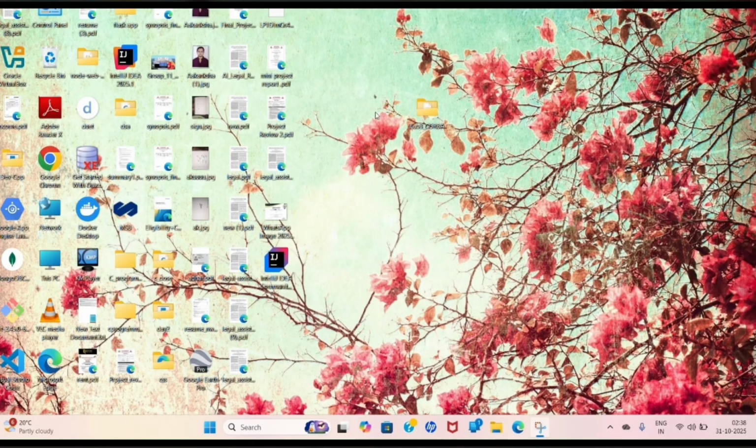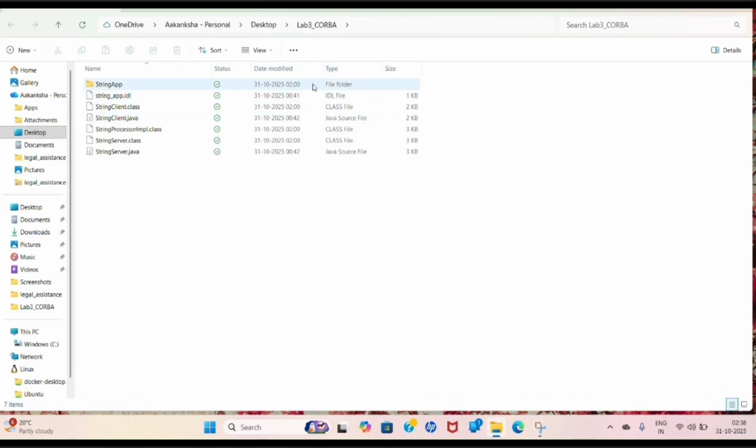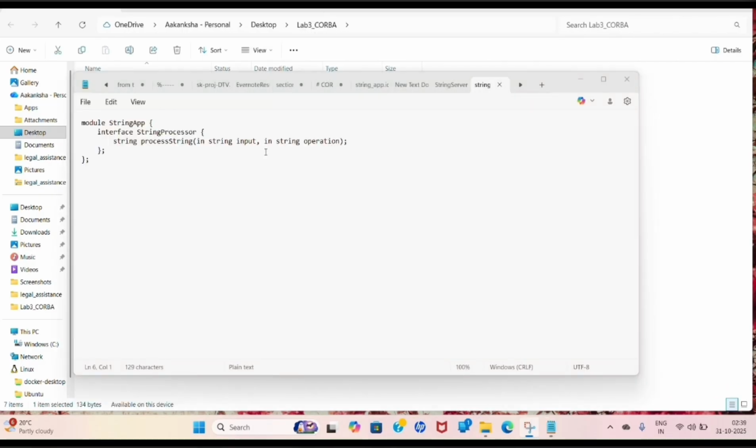In this, we have to create a project folder name. I have created a project folder name as Lab3 CORBA. In this folder, we have to create the main three files. That is the string underscore app IDL, string client.java, and string server.java. IDL file,